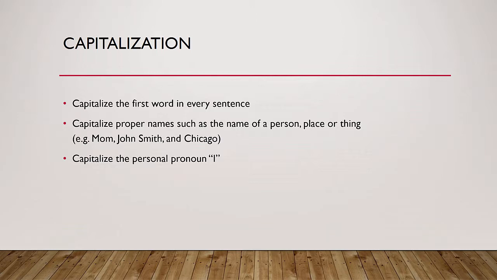Next, capitalize the personal pronoun I. You never write a lowercase I when talking about yourself or writing in first person. You always capitalize the letter I. And then capitalize acronyms such as IBM for International Business Machines, CPA for Certified Public Accountant, and USA for the